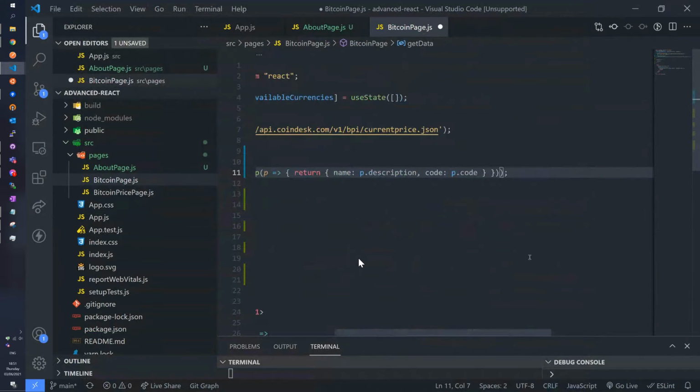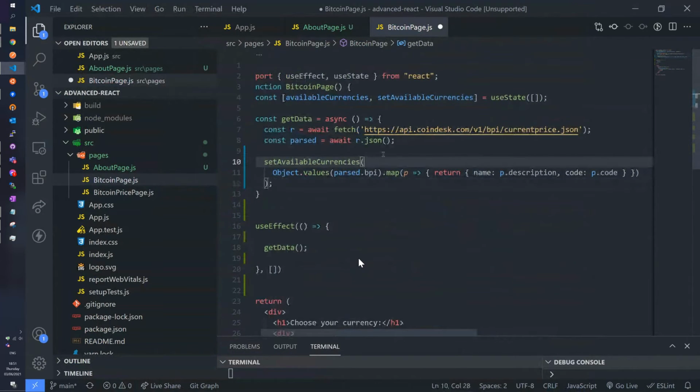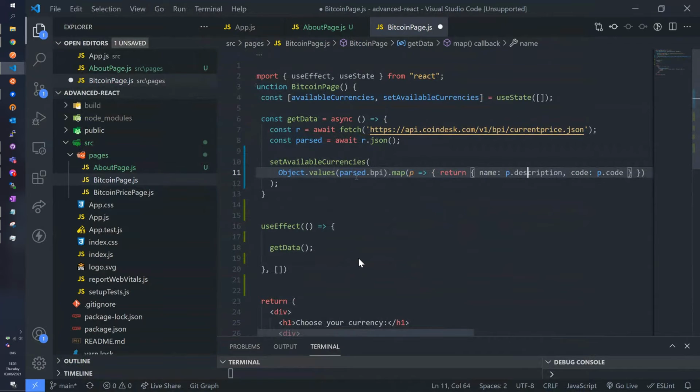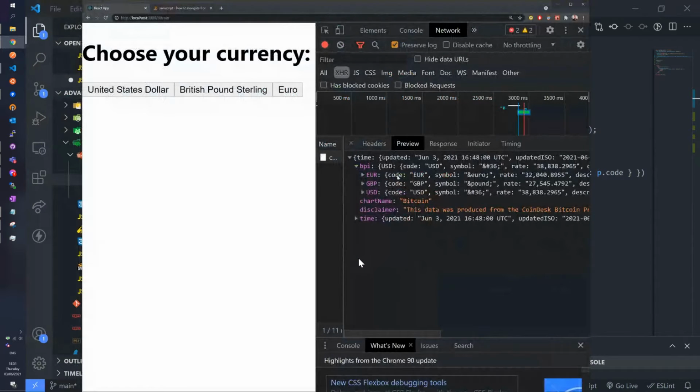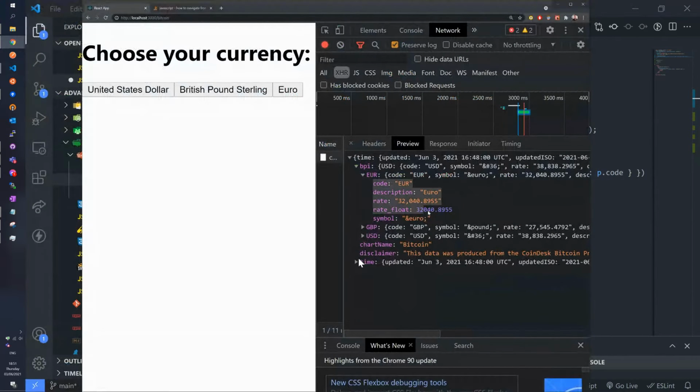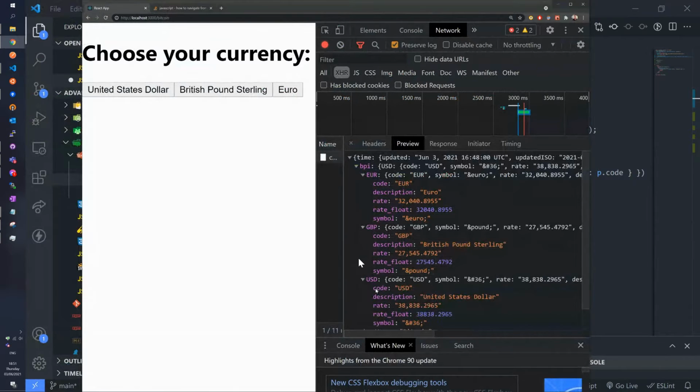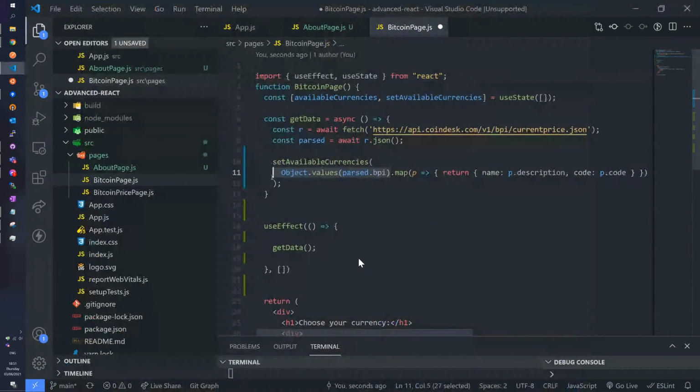right here. So just look at this specific line. I do Object.values of parse.bpi. So up till this moment, when I do this, I actually have an array with all of this, right? So this is up till here. Dot map. Can anyone say what dot map does? Anyone?